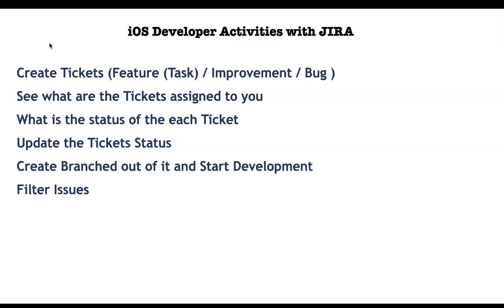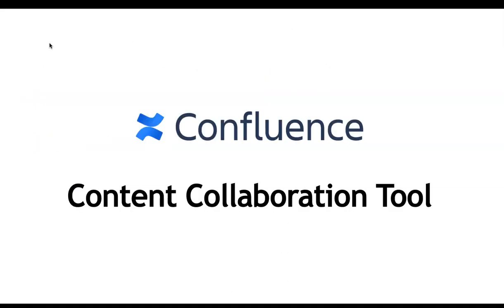Bitbucket is a repository system we will see soon. Sometimes Jira and Bitbucket will be linked so that you can create the branches by using Jira itself, and filter issues in one team. In one project, there are multiple people working: the QA team, development team, and other teams as well, the web team, Android team. You need to filter your issues. We will see how the filter works.